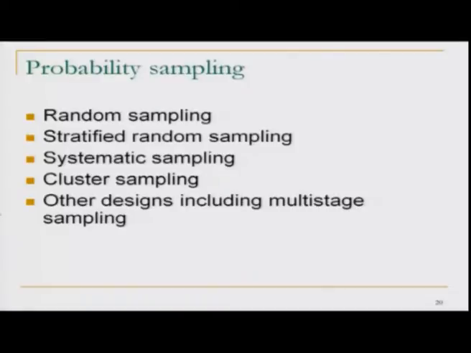Probability sampling is divided into these types of sampling: random or simple random. Simple random is also called random. I have already defined simple random. Then stratified, we will take up these sampling designs in the next lecture. Systematic sampling, cluster sampling, other designs including multi-stage sampling design. In practice, we generally go for multi-stage sampling. Multi-stage means